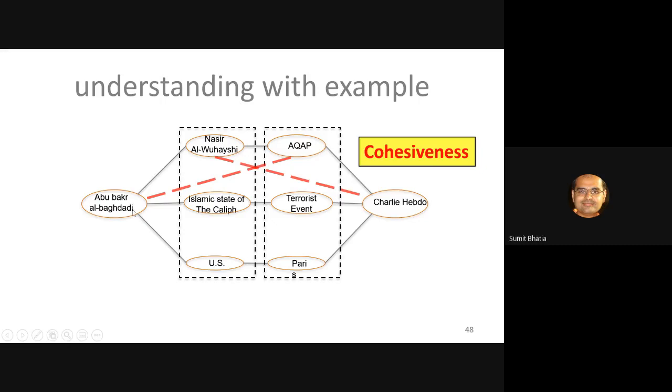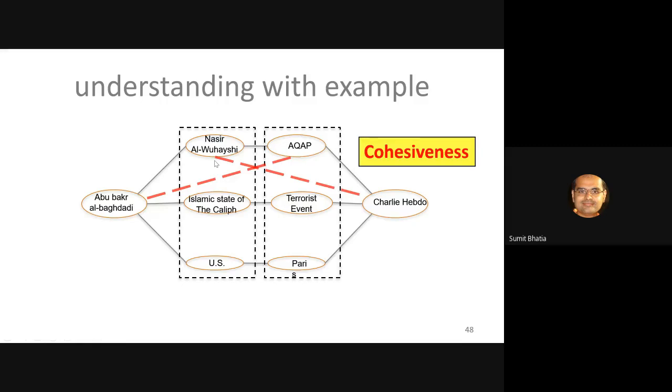What do we mean? We say that individual subpaths need to be strong, but at the same time, we also enforce that the long range connections have some similarity or some connections. Again, you use the embeddings for this purpose. So not only do you use embeddings to compute similarities between al-Baghdadi and Nasir Buhaishi, you also use embeddings to compute similarities between al-Baghdadi and AQAP. Likewise, you compute embeddings for Charlie Hebdo and Nasir